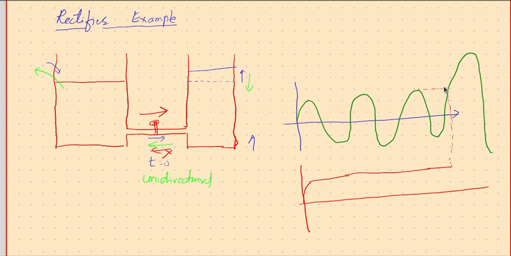Once we reach this point, the water goes above this level here, and because of which this will also start increasing. Once it reaches this level, then again it continues to remain constant. So it cannot reduce, it can only increase. That's the effect you can see here.